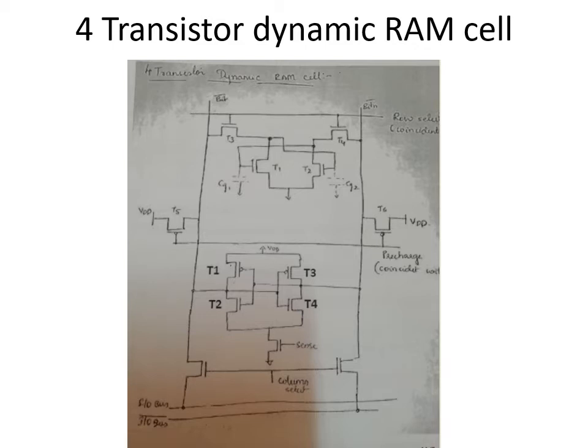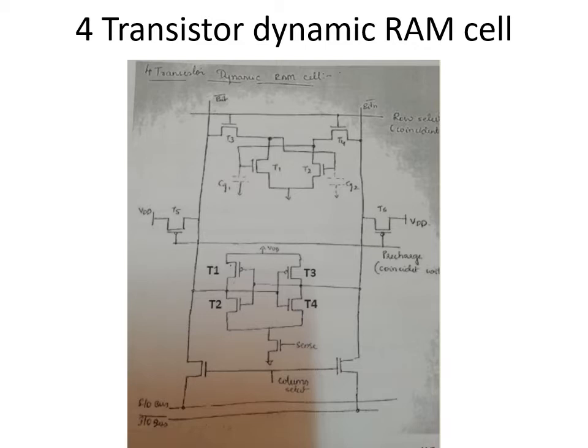Let us see how the write operation is carried out. The data to be stored is sent through the IO bus. Here the data is sent in the same form as well as complementary form using IO and IO bus bar. Now both the lines are in logic 1 state. Next, let us see what happens during writing and reading. When we are performing a write operation, let me say you are storing 1, then the IO bus input will be 1 and IO bus bar will be equal to 0.